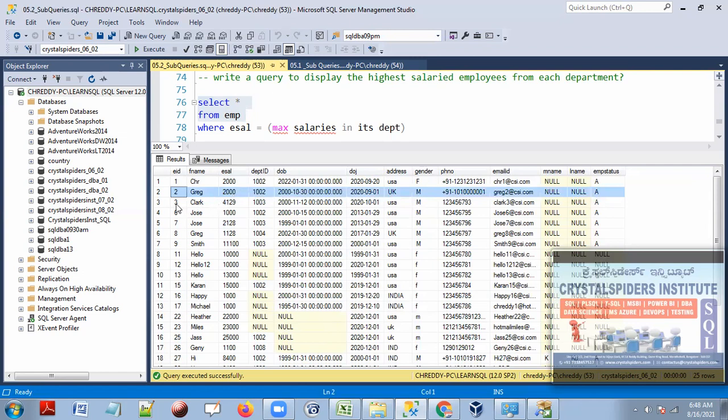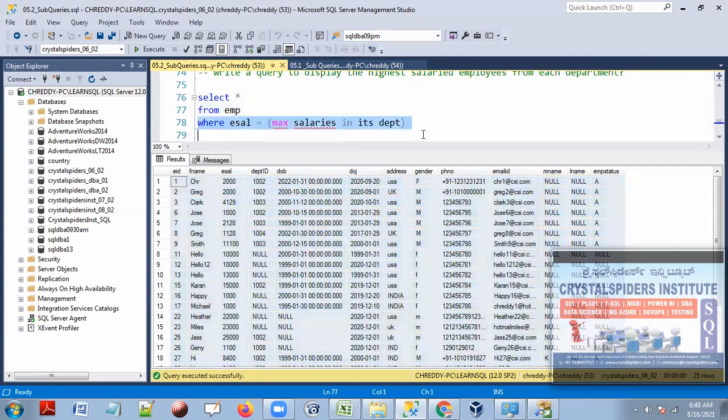See what I'm doing now, guys. I need to verify first what the maximum salary is in this particular department. In this particular department 1003, what is the maximum salary? These records are coming from the outer query. The FROM clause returns these records, and the whole WHERE clause is going to apply on the first record, second record, third record, fourth record, each and every record. Go to the first record and verify.